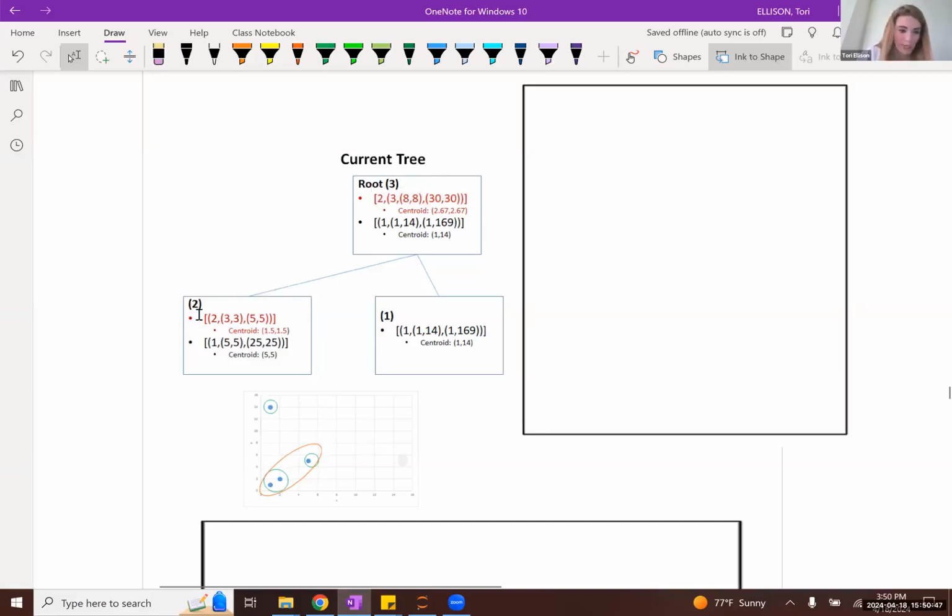So what we would need to do is merge or add these two CF entries together, to represent the CF entry of the new resulting subcluster that you would get if you had joined these two subclusters together like that.